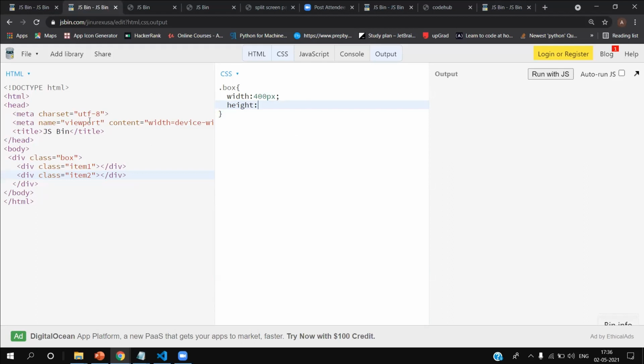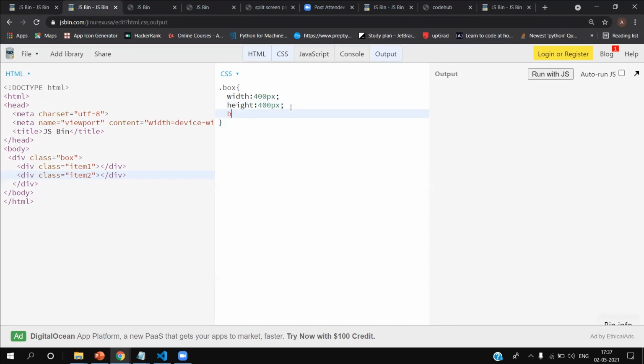So now here I've created a division called box, and I've created both divisions inside it, naming item 1 and item 2. Now I've given both a height of 400 pixels, and I want to create a box here.